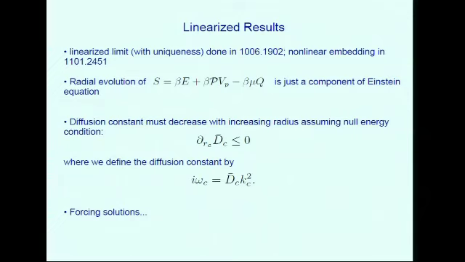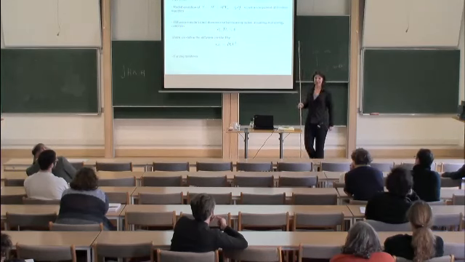What's the interpretation of the flowing diffusion constant? I have a fluid. What experiment do I do to see that? I would love to have a better answer for that. So